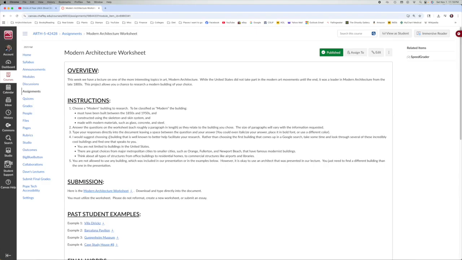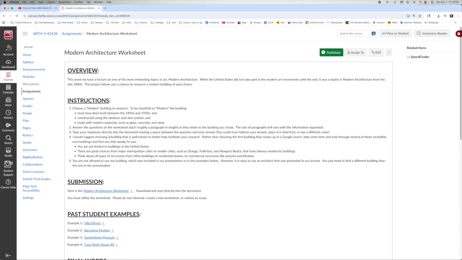After you've watched the modern architecture lecture, you are to choose one building in which to do more research on. It cannot be any building showcased in the lecture. However, it is okay to use an architect that was in the lecture. For instance, Frank Lloyd Wright. As long as you don't use Falling Water or Hollyhock House or any of the other buildings I talk about that he designed, you can use any of his other, basically 1,000 other buildings that he designed and created during